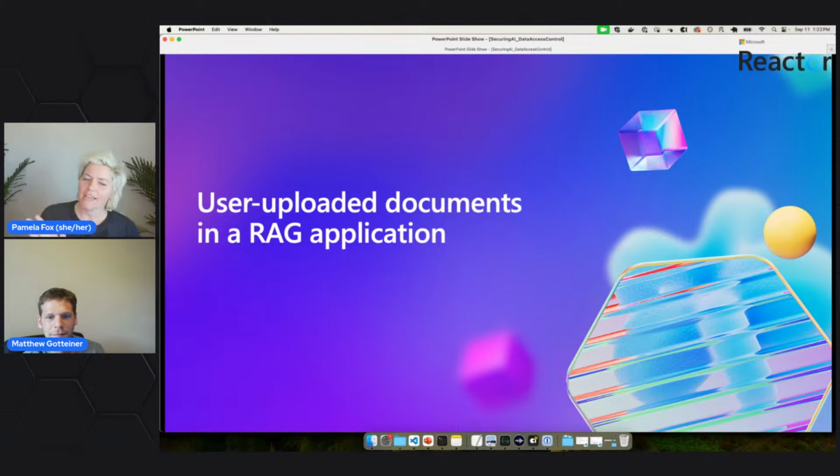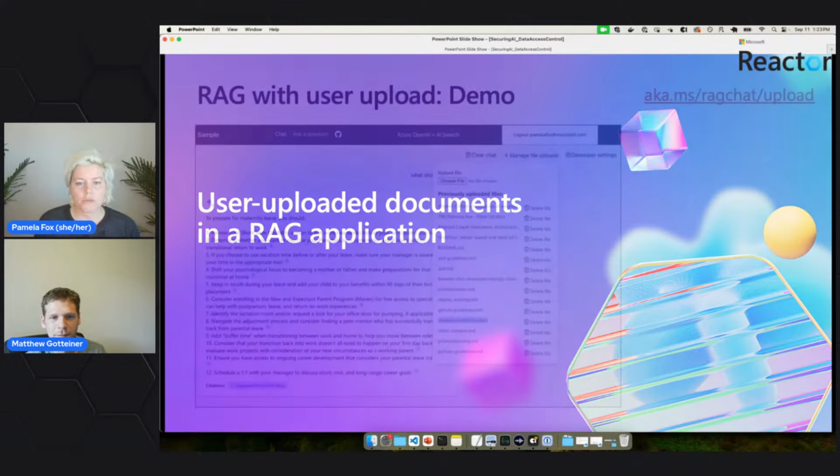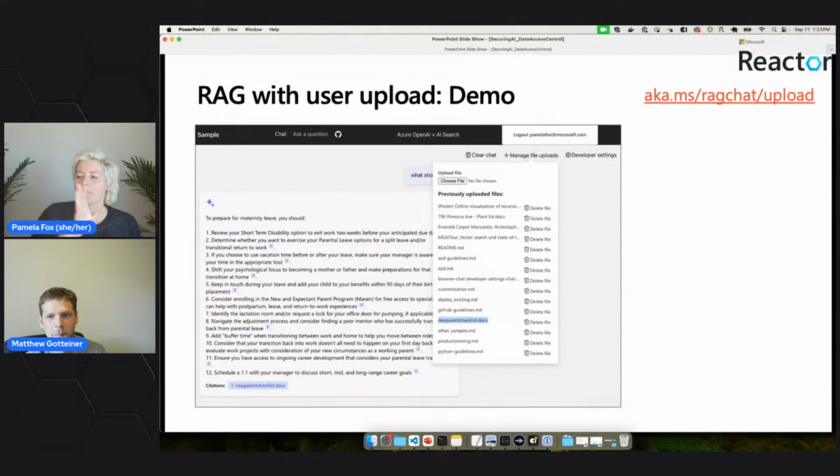So once he had all that implemented, I was able to add a feature that many people had been wanting for the RAG application, which is the ability for users to upload their own documents. Because there are many documents that people have access to globally, but they want to upload their own documents too, for whatever they're working with. It's a nice feature to have in a RAG application to give users more control. So this feature builds on top of everything that Matt showed.